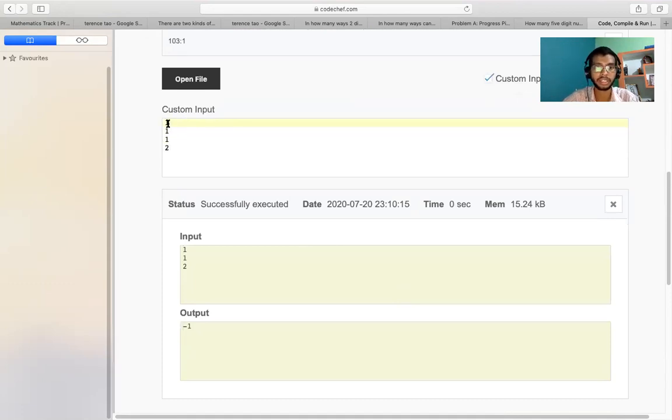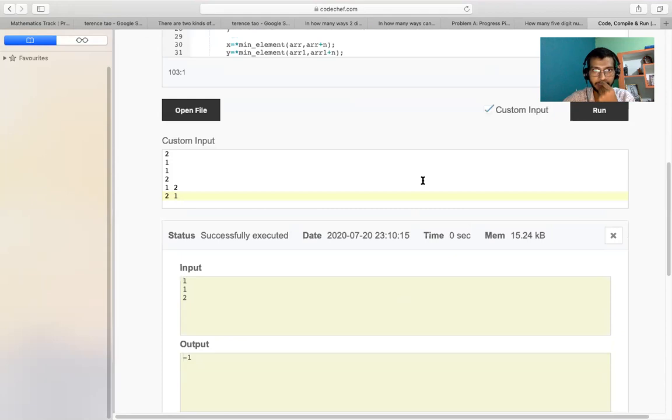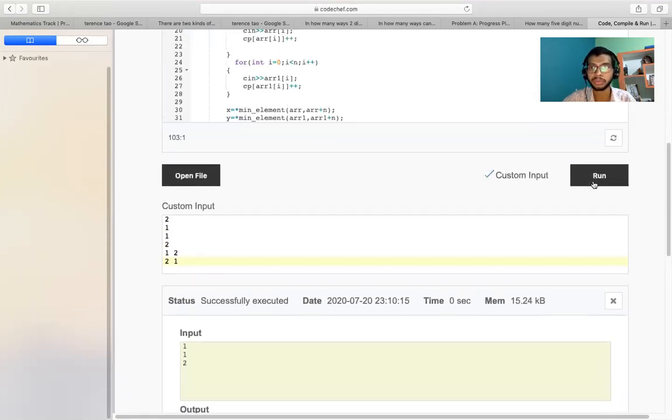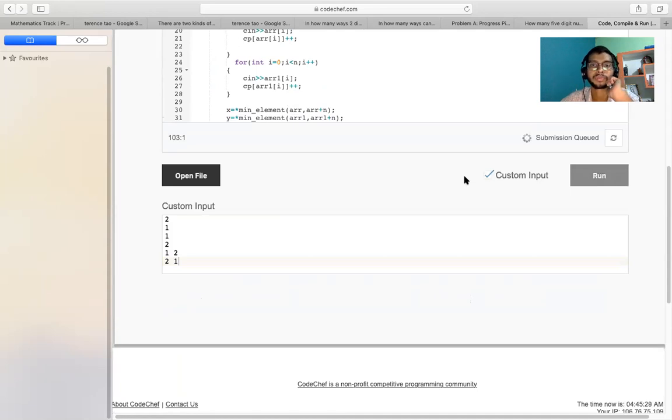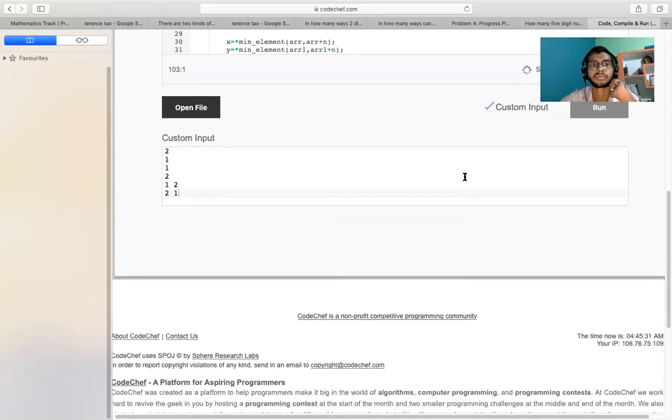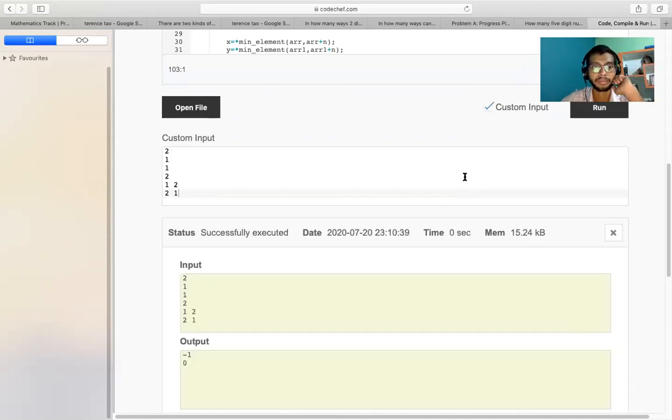Okay, so let's run it for 1 2 and 2 1. It's already sorted, so it must return 0. Answer must be -1 and 0. Oh, again I hadn't decided the size, so that's why.